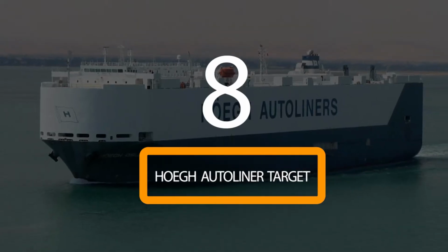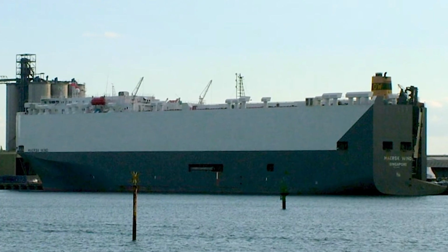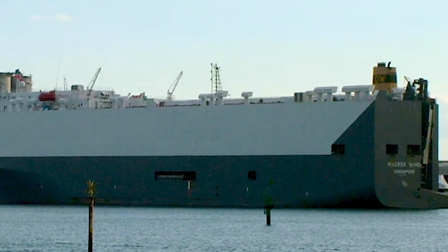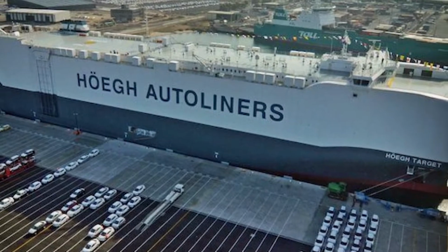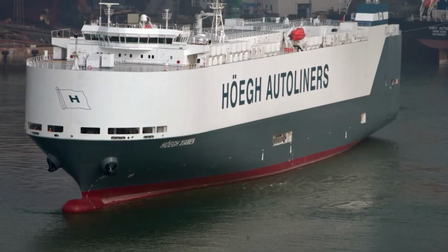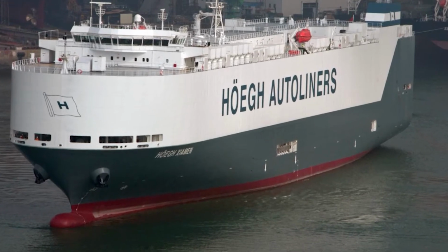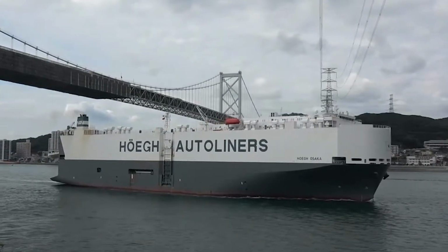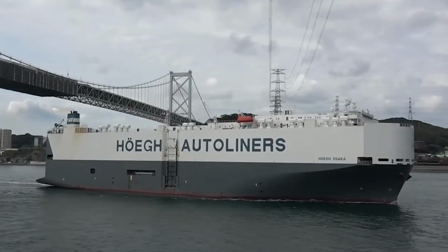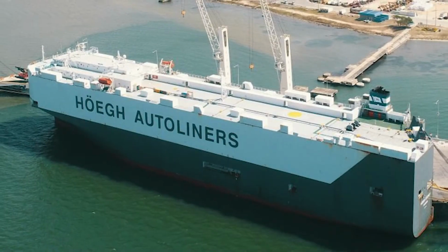Hoge Target. A plane that transports spacecraft is quite the thing, but how about a giant ship that transports cargo? Here at number 8, we present the enormous ship that can carry up to 8,500 cars in a single trip. The Hoge Target is a 36-meter cargo ship with the ability to get the job done in a single voyage. This ship is the largest truck and car transporter in the entire world. It has a deck space of about